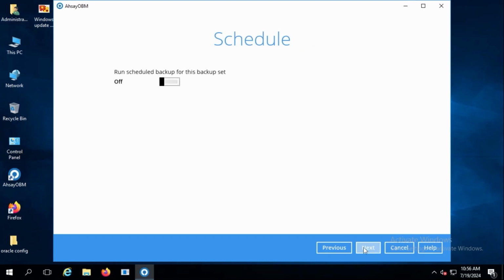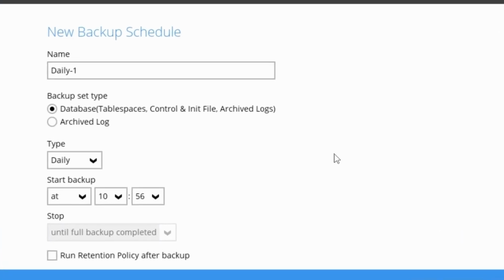Create an automatic backup schedule. Turn on the setting and click on the plus icon to add a schedule. Input the name of the new backup schedule. There are two backup set types, database and archive log. Create a backup schedule for each type to optimize the efficiency of your Oracle database server backup. Typically, this entails performing both database and archive log backups every day outside working hours, which also minimizes any impact on end users. When setting up a backup schedule, consider the hardware performance of the machine, the network bandwidth, and